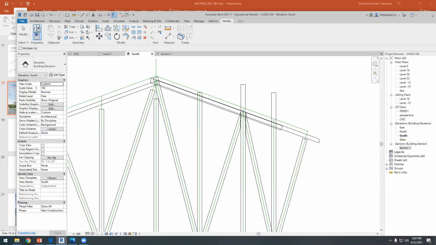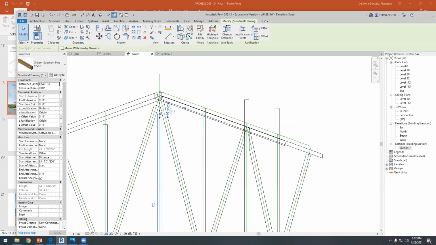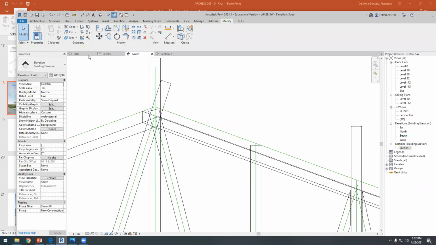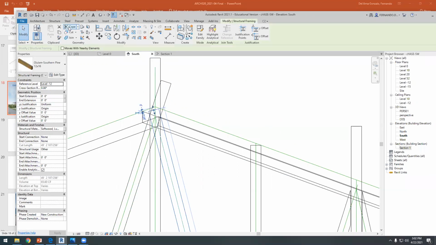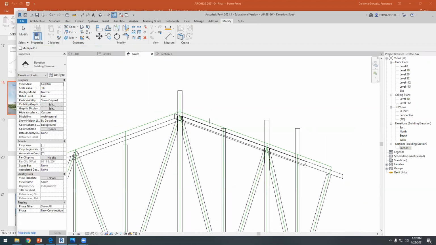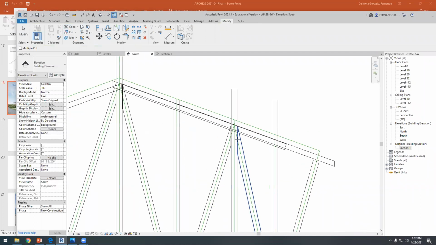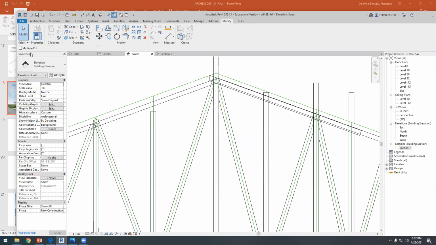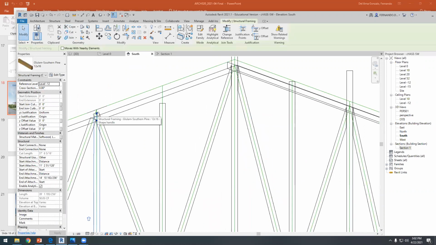And with this, probably I will have to extend this one up. Then I will have to extend this one like this. And now go the first element, the vertical. This element and vertical. Okay, so this looks good. This looks good. What about this one? I have to extend